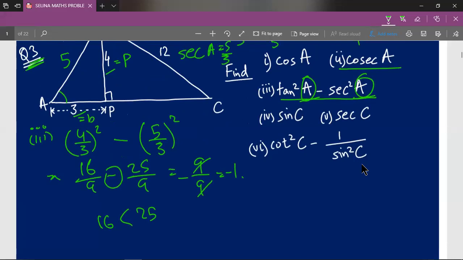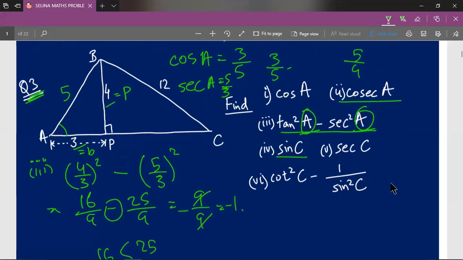Now the fourth question, sin C. So sin C basically means that the alphabet C should be to the ground, so we'll have to rearrange the figure, but luckily they have drawn another figure here and C is to the ground. There's no need to rearrange the figure. So sin C basically means with respect to angle C, tell us sin C. Sin C basically means perpendicular upon hypotenuse. Hypotenuse is already given to us, that is 12, so the answer will be 4 upon 12, that is 1 upon 3.